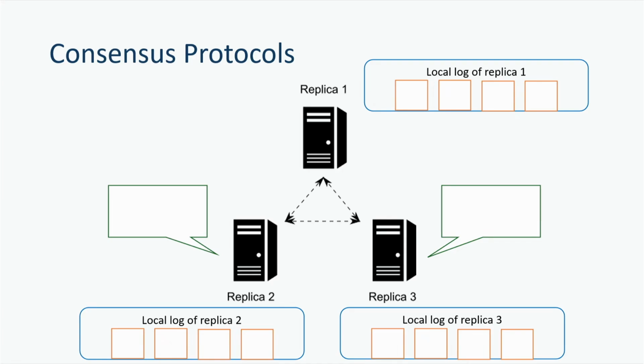Well, in several blockchains, you have several clients submitting requests to a central distributed ledger. And the goal of consensus protocol is to make all the computing nodes in this system agree on a total order of these client requests. So for example, you have 3 replicas here, and they can all receive requests from clients. And the system can add these requests to the consensus log at an arbitrary order, but every replica must receive these requests in the same order.